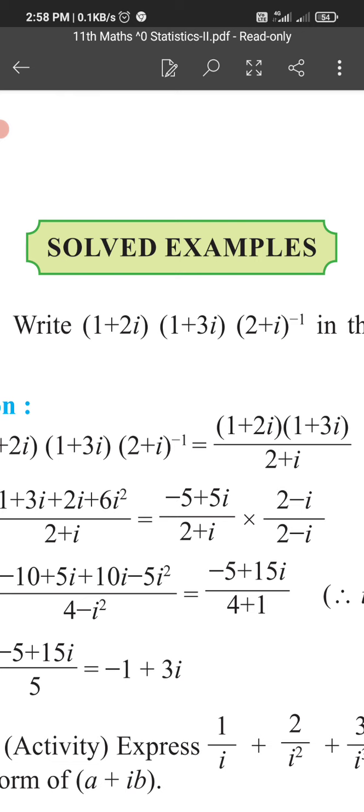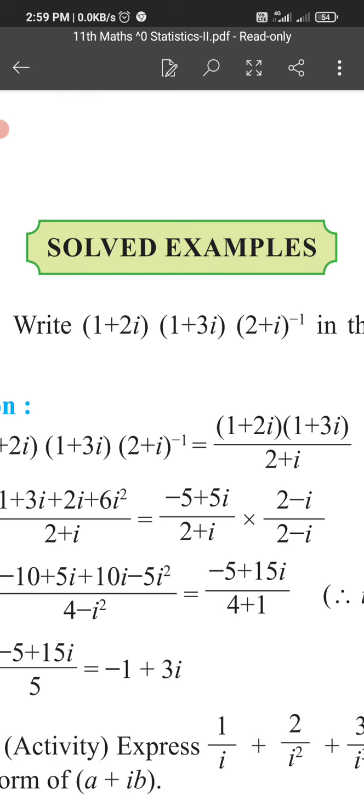Now here we are taking the complex conjugate of the denominator and multiplying numerator and denominator by it. Here 2 plus i is there, so we take 2 minus i. So (minus 5 plus 5i) upon (2 plus i) multiplied by (2 minus i) divided by (2 minus i). Again we are going to solve. Minus 5 into 2, minus 10, minus 5 into minus i, that is plus 5i, 5i into 2, that is 10i, minus 5i square, divided by, in the denominator, (A plus B)(A minus B) gives A square minus B square. So 2 square minus i square.